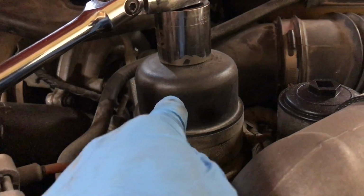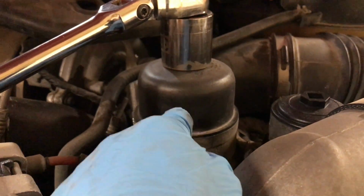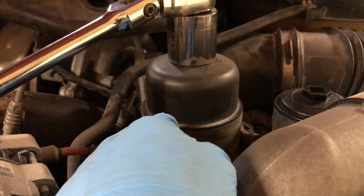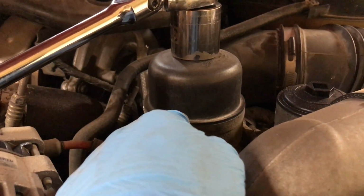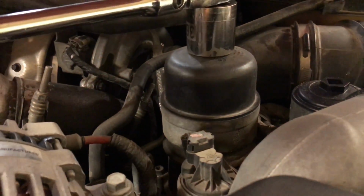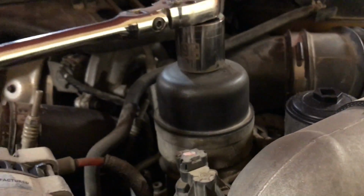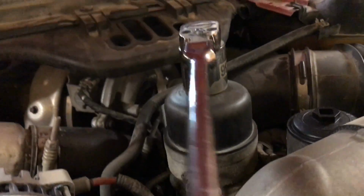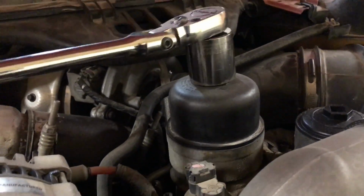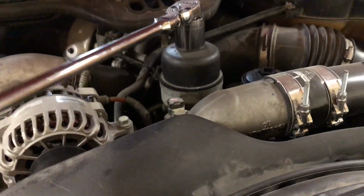These caps can become brittle and crack and break. There's also an O-ring in here I'll show you that it's very, very critical that be installed properly, or you can do serious engine damage, and I'll explain why. If that seal isn't put on properly, what can happen is oil can leak out slowly over time, so you might not catch it right away if you're rushing and not watching what you're doing,